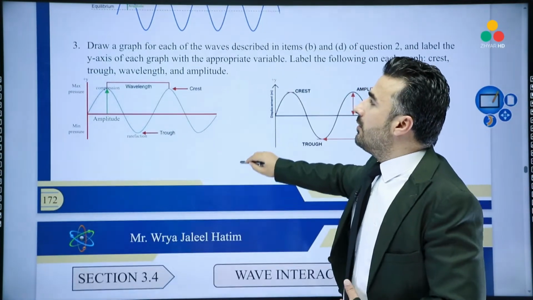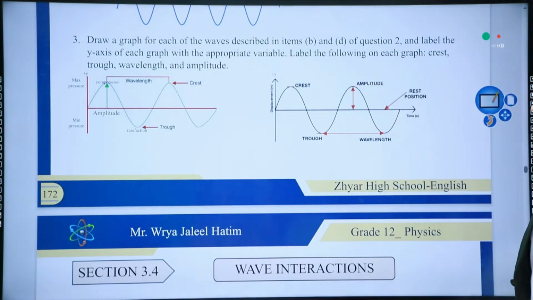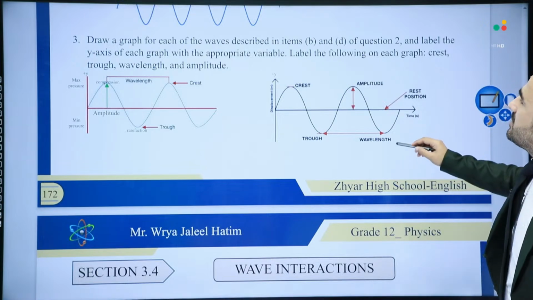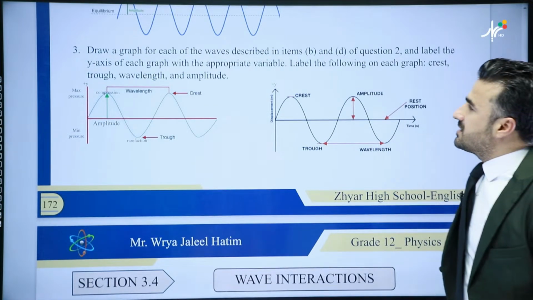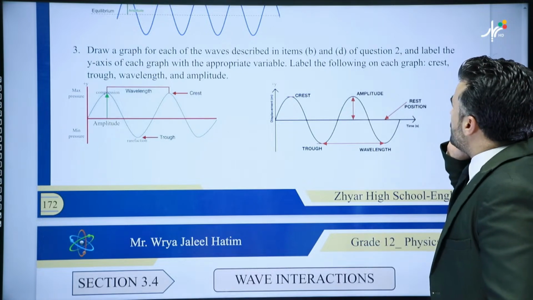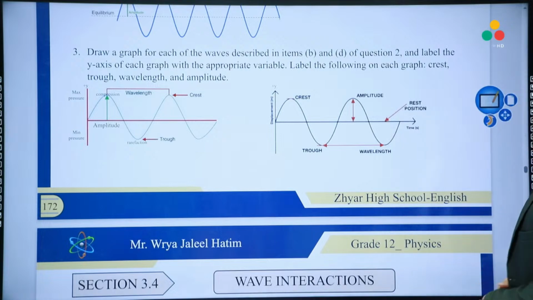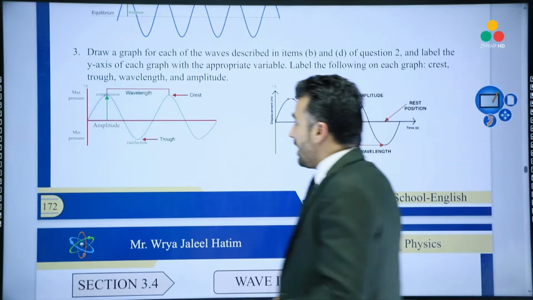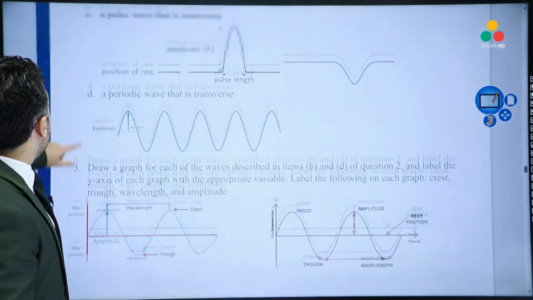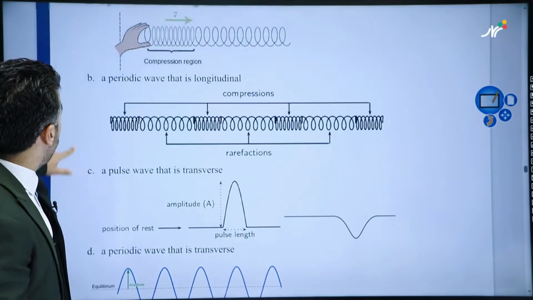Very good. Now, what about the third one here? It says, draw a graph for each of the waves described in items B and D of question 2, and label the y-axis of each graph with the appropriate label. Label the following on each graph: crest, trough, wavelength, and amplitude. So it says the waves described in B and D. In D, this is a periodic transverse wave. In B, there is a